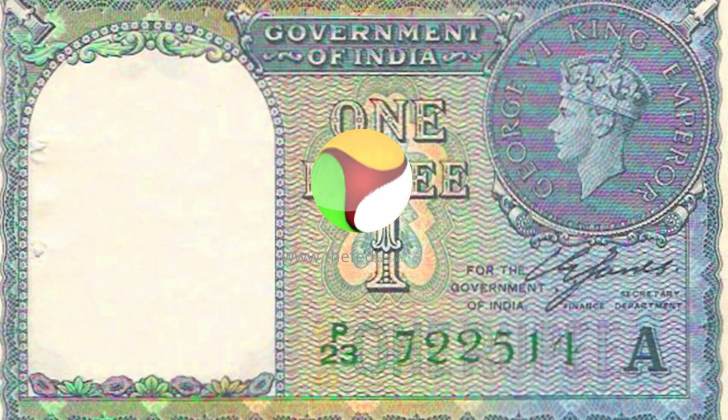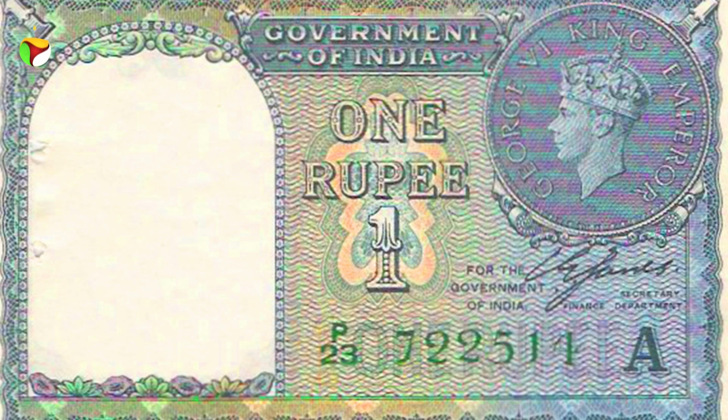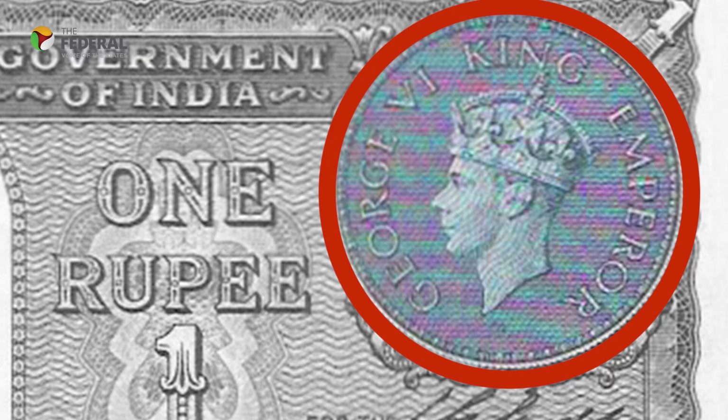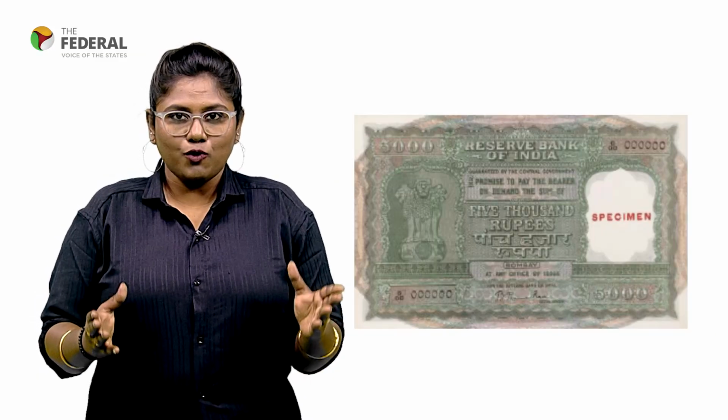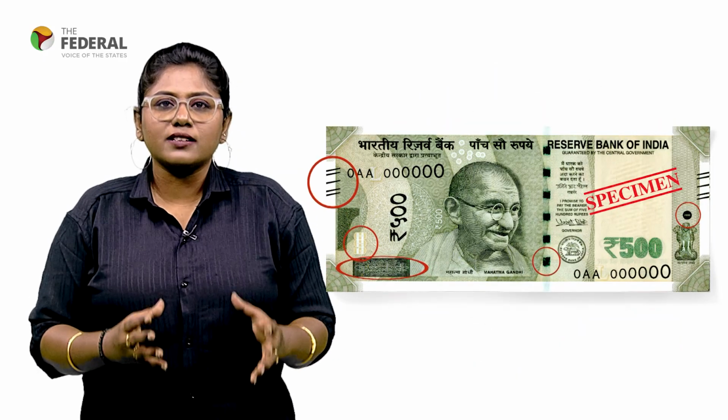This is how the rupee note looked in 1947 when India gained independence. The currency still has the British King's portrait on it, signed by the British. This Independence Day, as India celebrates its freedom, it's worth looking back at how the rupee, which is a symbol of sovereignty, has evolved since 1947. From notes bearing the King's portrait to the vibrant security-packed currency of today, every change tells a part of India's